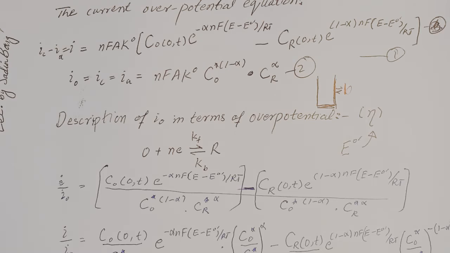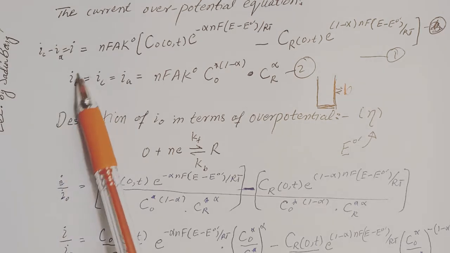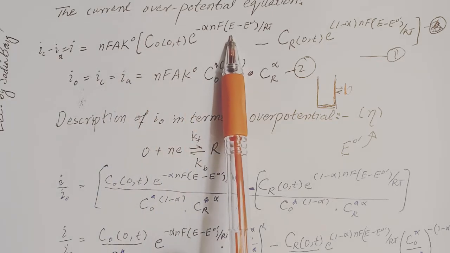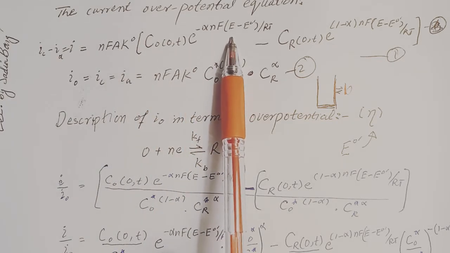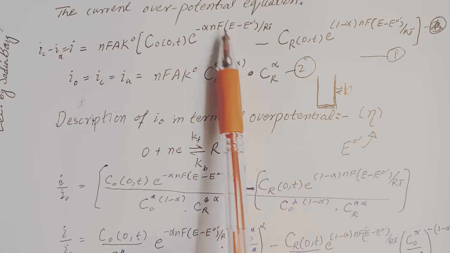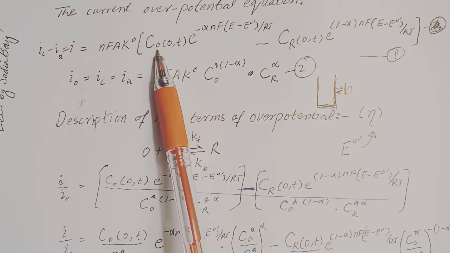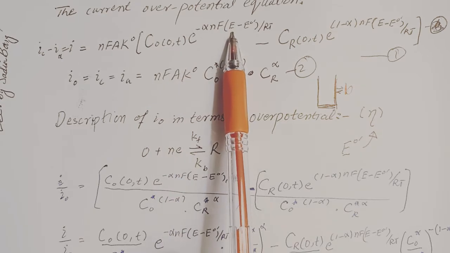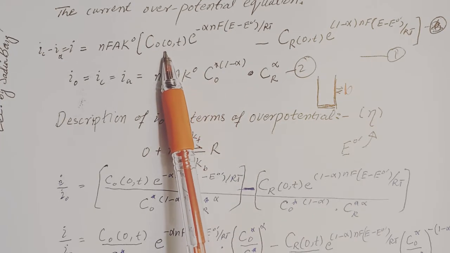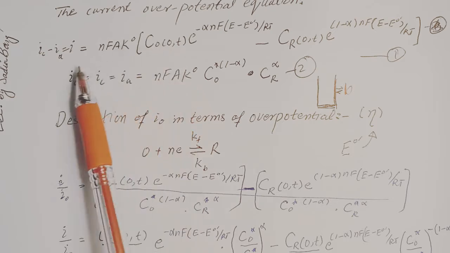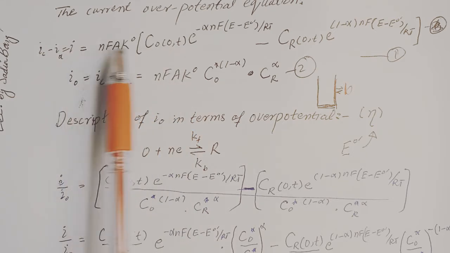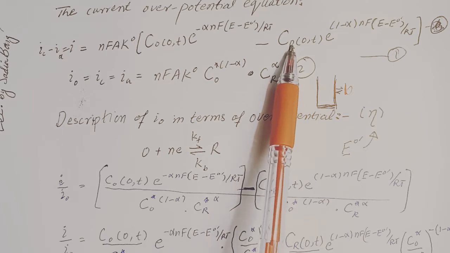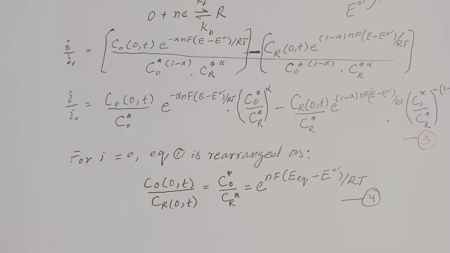In equation 1, I is the total current generated with the application of any potential. Consider the condition when the surface concentration is in equilibrium with the bulk concentration at E equilibrium. So this equation number 1 can be rearranged in such a way that the current is 0. So this component will be equal to this one, and we get the equation number 4 as shown here, which